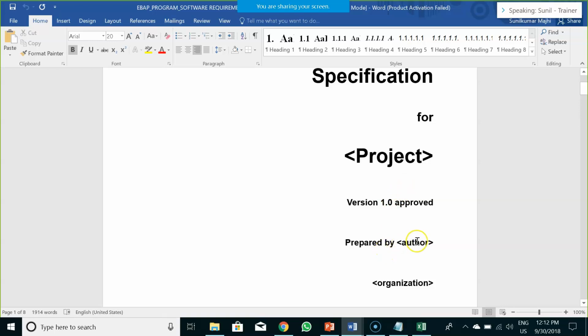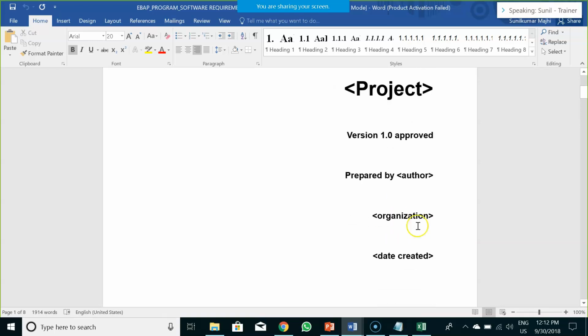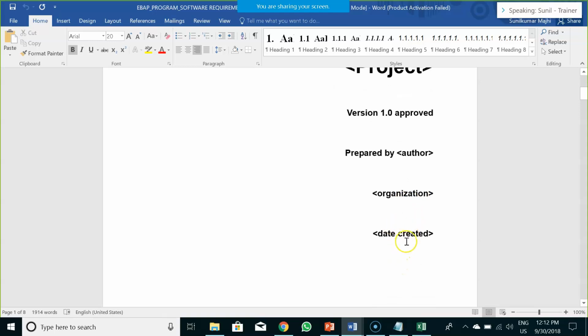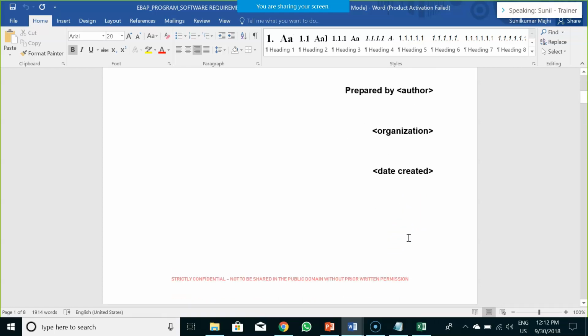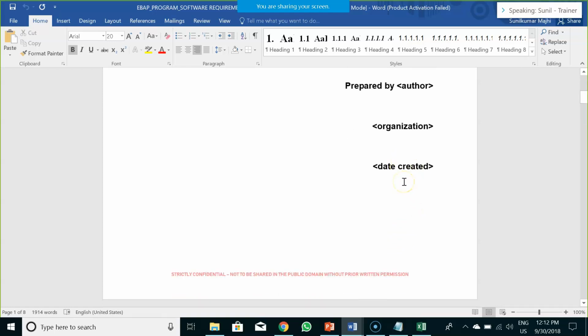Then who is the author? In our case, we being the business analyst would be the author of this software requirement specification. Which company is creating it? What is the date created, the date on which the document was created?